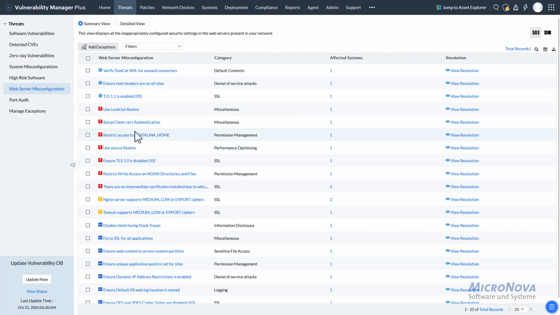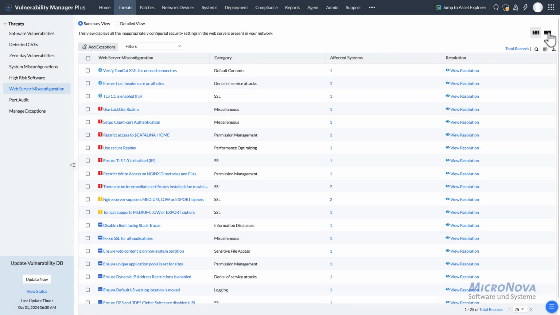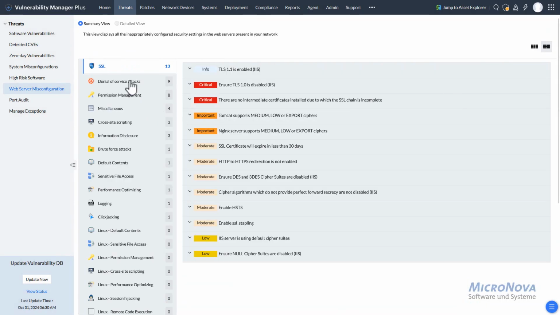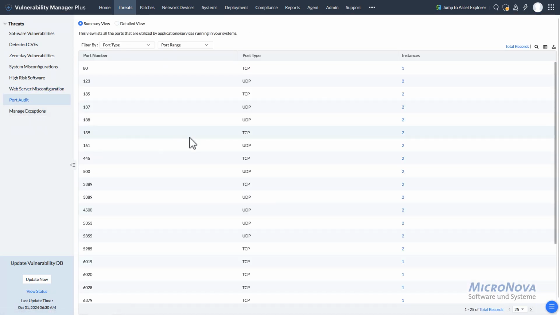So within the web server misconfigurations, I see a description and a resolution. So even this is possible to group, to go through every group. Port audit. There is a list of which port is open with which type on which instance. Yeah, of course, I agree. This report on its own,